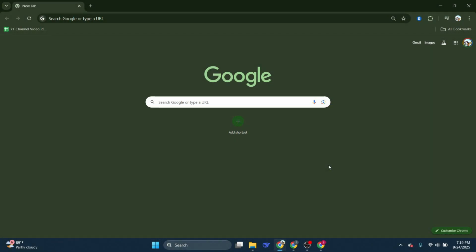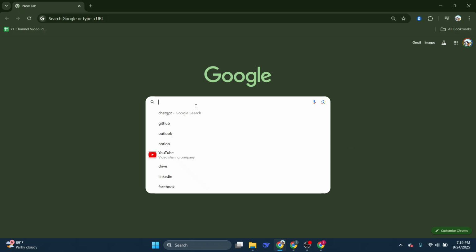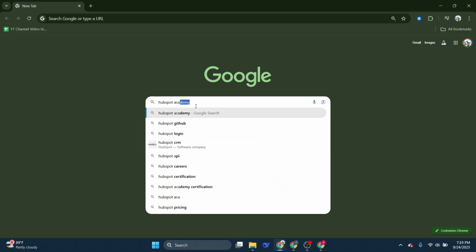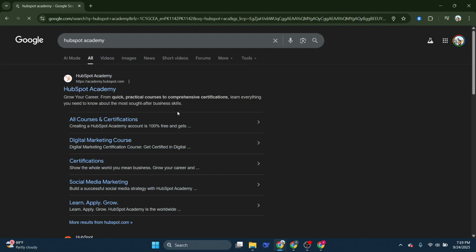First things first, open up your internet browser and head over to Google. Once you're on Google, type in HubSpot Academy into the search bar. After typing HubSpot Academy, you should see it appear as one of the top search results. Click on it, and this will direct you to the HubSpot Academy homepage, which is the starting point of your